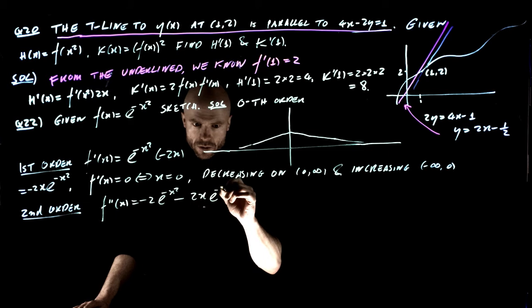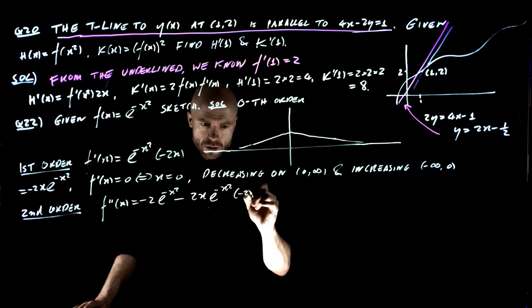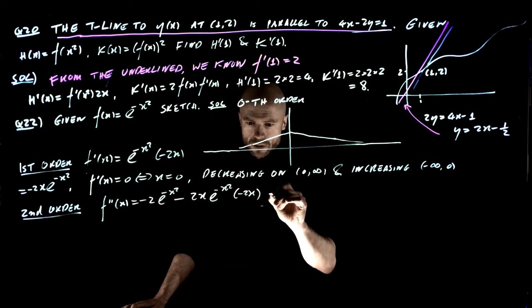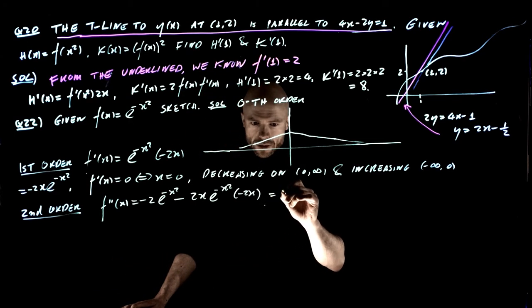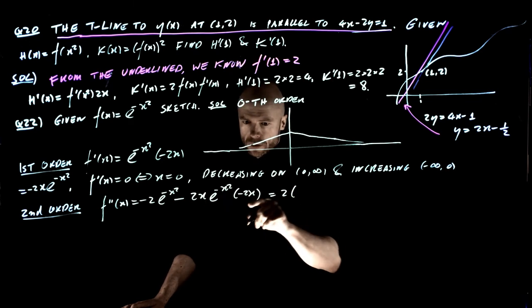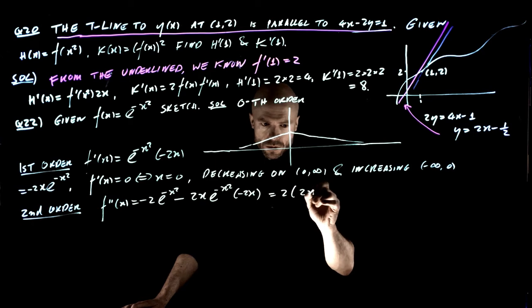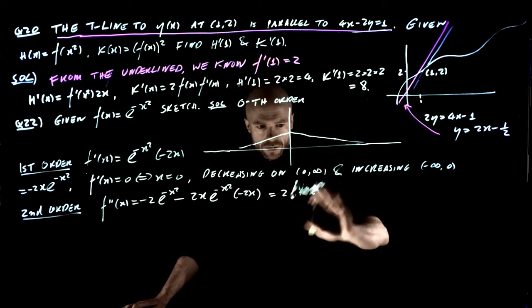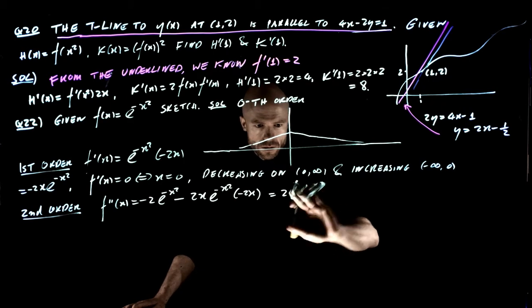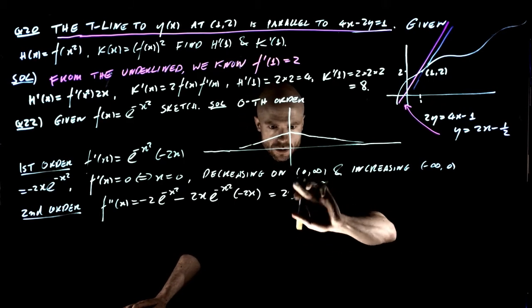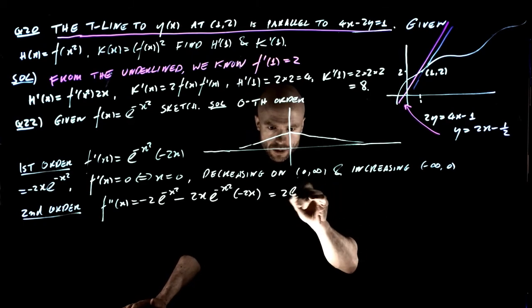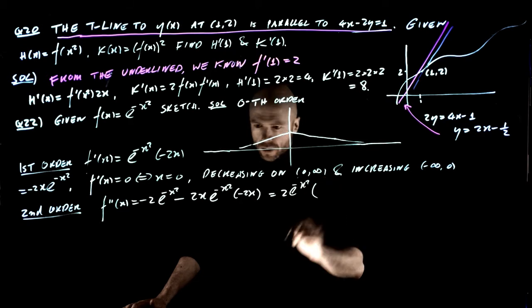Differentiate the second guy. Let's factor out a 2, and then we're going to have a positive, positive, so we're going to have 2x squared. Let's factor out a 2 and an e to the minus x squared. So e to the minus x squared, and